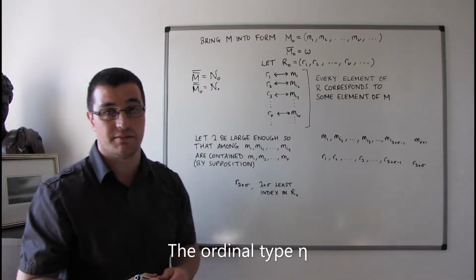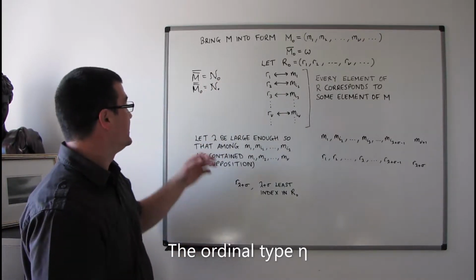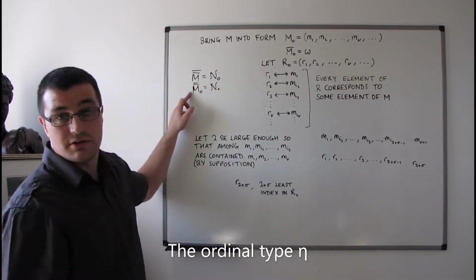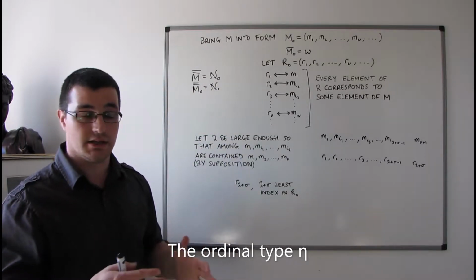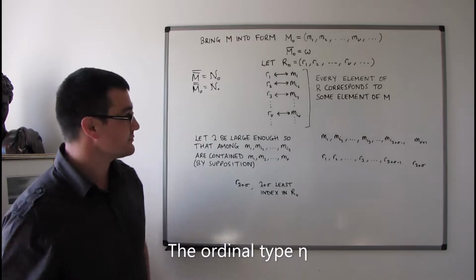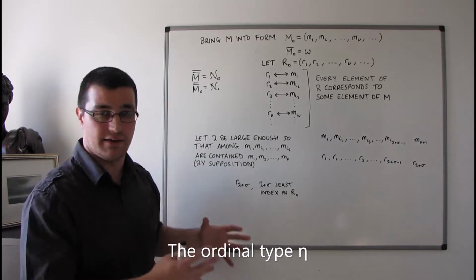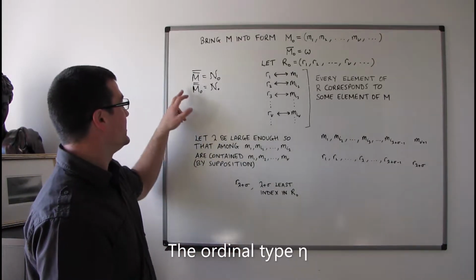They're exactly the same elements, just different order types. So M and M naught are in the same class of types, and therefore, just like I said a few minutes ago,